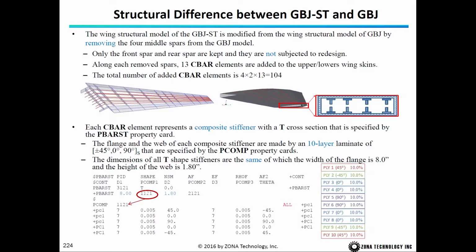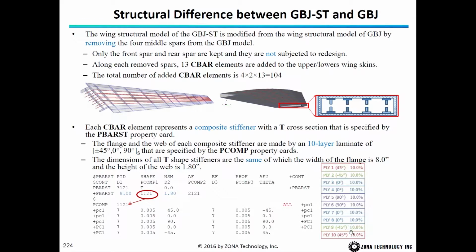So the total number of added CBAR elements is 13 times 4 removed spars times the upper and lower skin, which is 104. Each CBAR element represents a composite stiffener with a T-cross section that is specified by the PBARST property card. The flange and the web of each composite stiffener are made by a 10-layer laminate